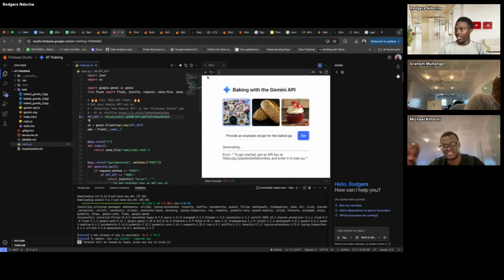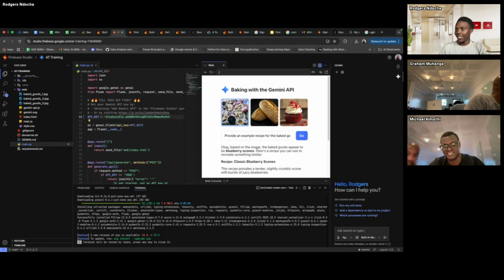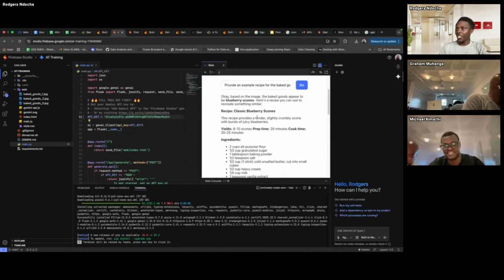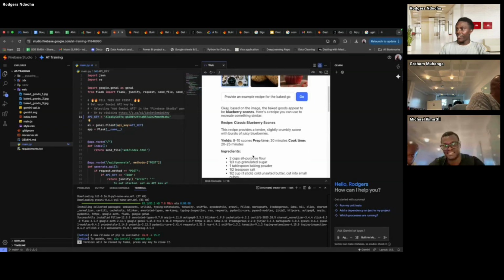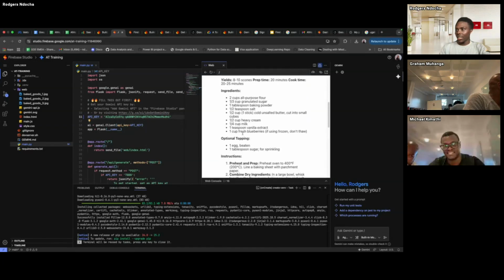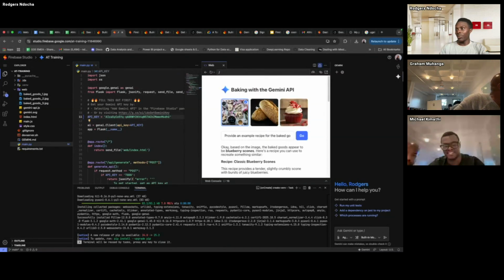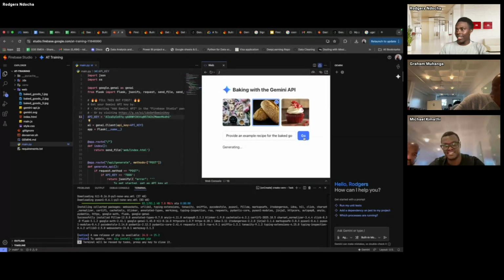This is saved. Again, I can reload this and try. Yes, you see now it works. It's able to give us the kind of recipe we need. Yeah, and also the tips. You can also check for this.